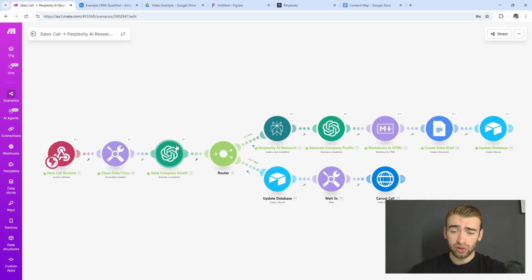We check to make sure the lead is qualified. We then use Perplexity to conduct deep research into the lead. We then use an AI module to actually generate the company profile based on the research gathered from this Perplexity module. What we can then do is use the output generated by ChatGPT to plug that into